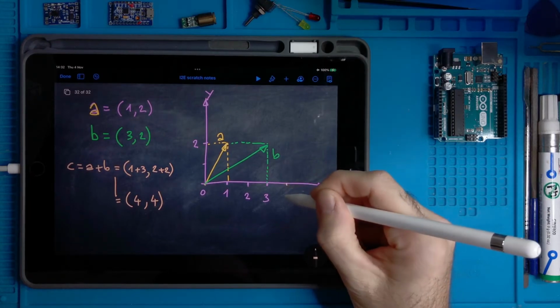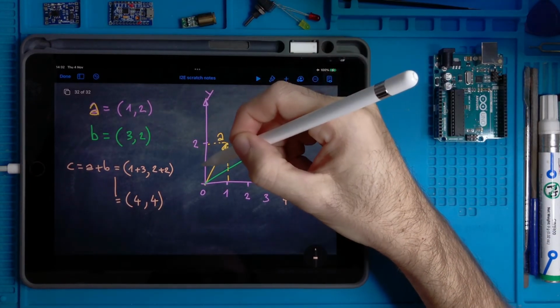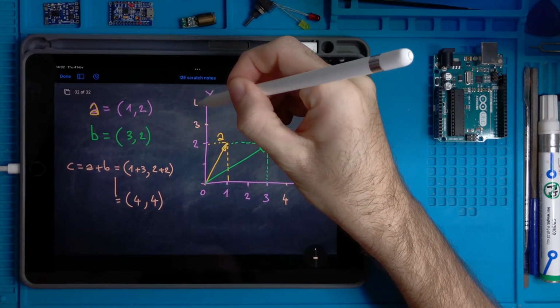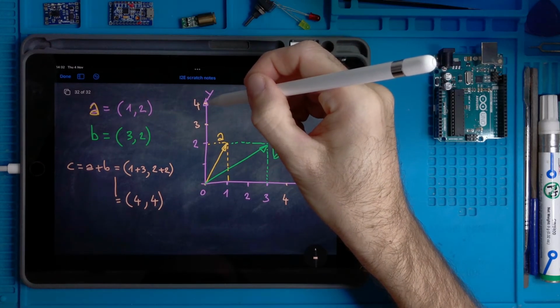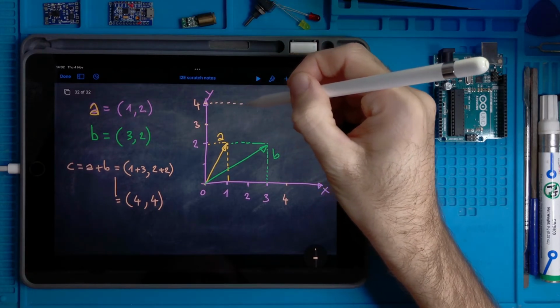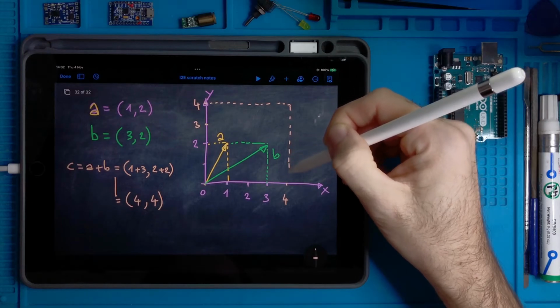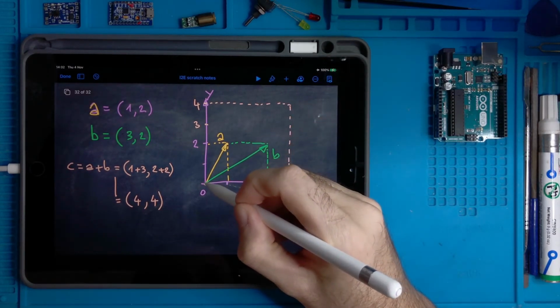So it's here 4, 1, 2, 3, 4. And here we have it.